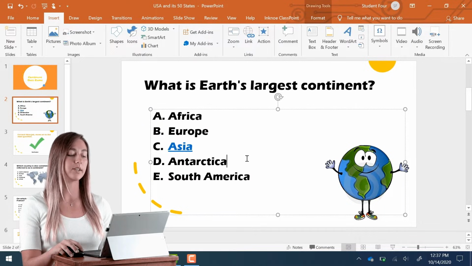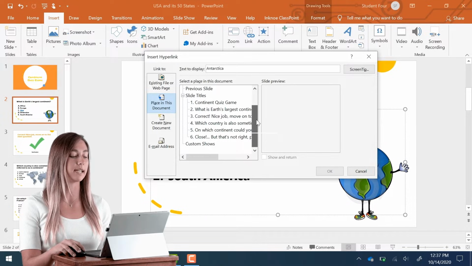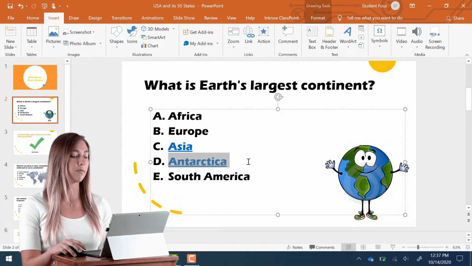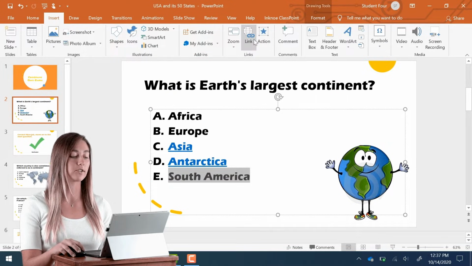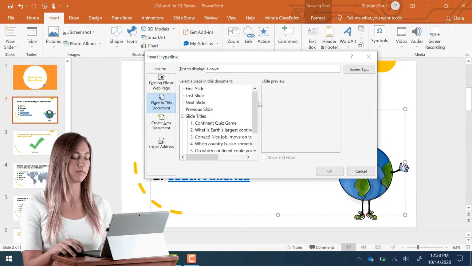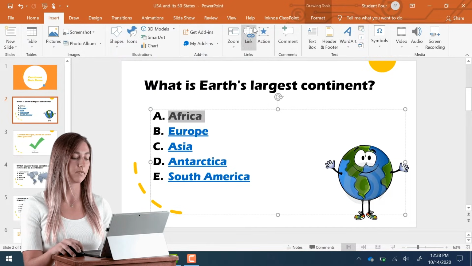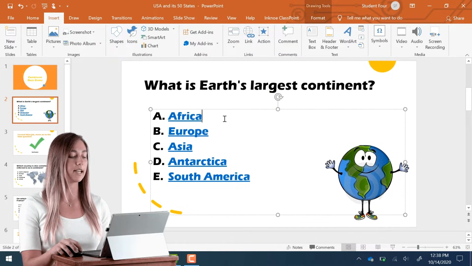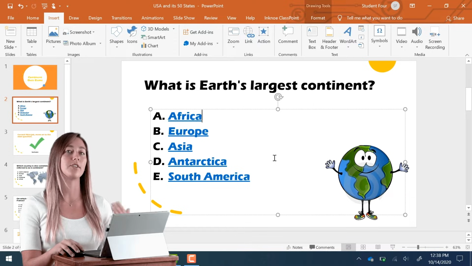And in the same way, we can do this for our incorrect answers, except this time we are going to link it to the last slide. That tells them you have it wrong. So we can just click OK and do it for every wrong answer that is on the slide. Once all of your options are linked, they will be highlighted and you can move on to the next step,